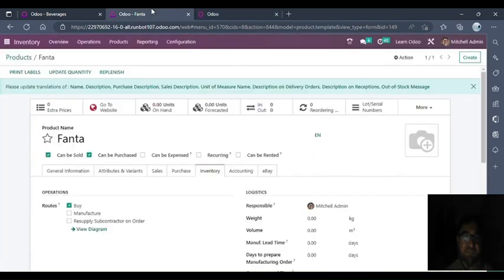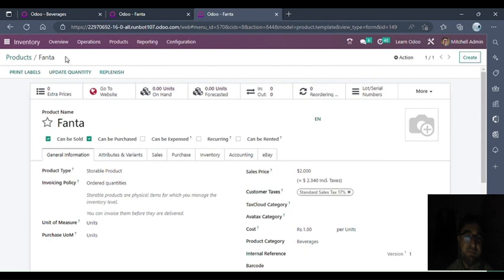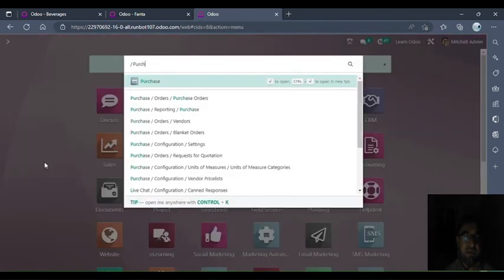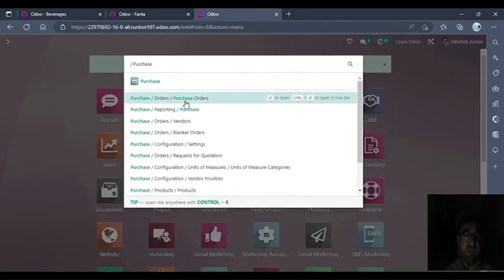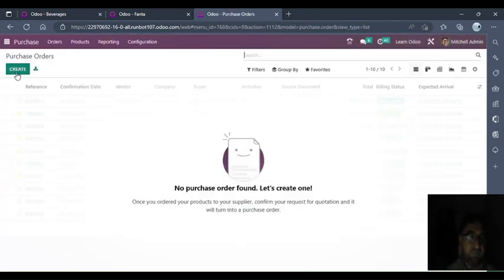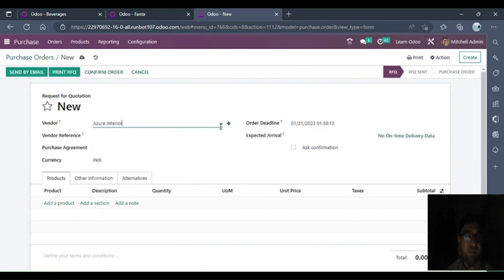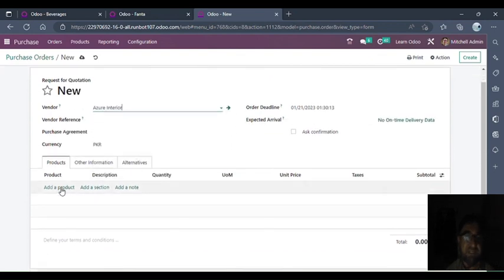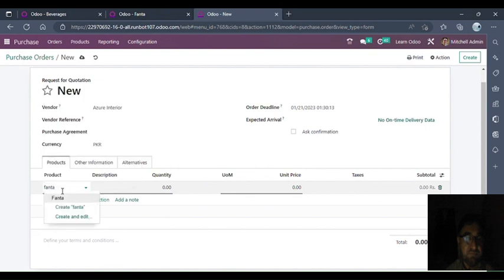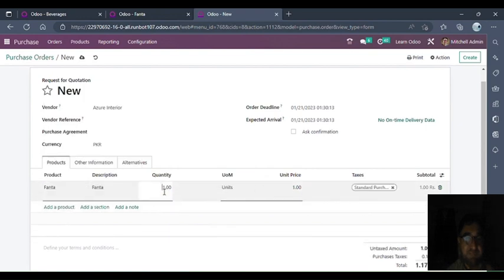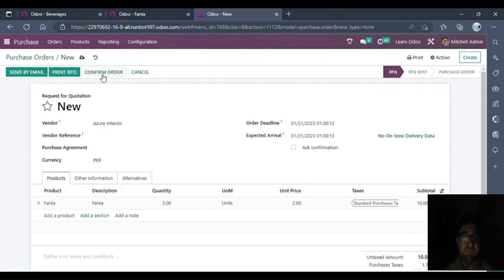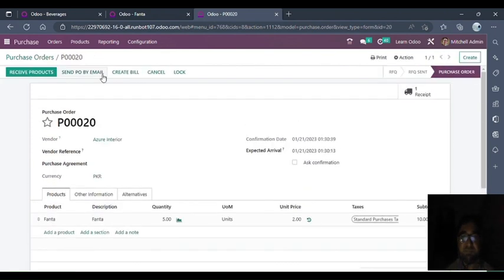Now we will create some purchase quotations and invoices and some sale quotations and invoices. We will receive goods and accordingly we will be issuing goods. Get to the purchase module, create a new quotation or purchase order, select the vendor, select the product Fanta, quantity 5, confirm this, and in the receipt